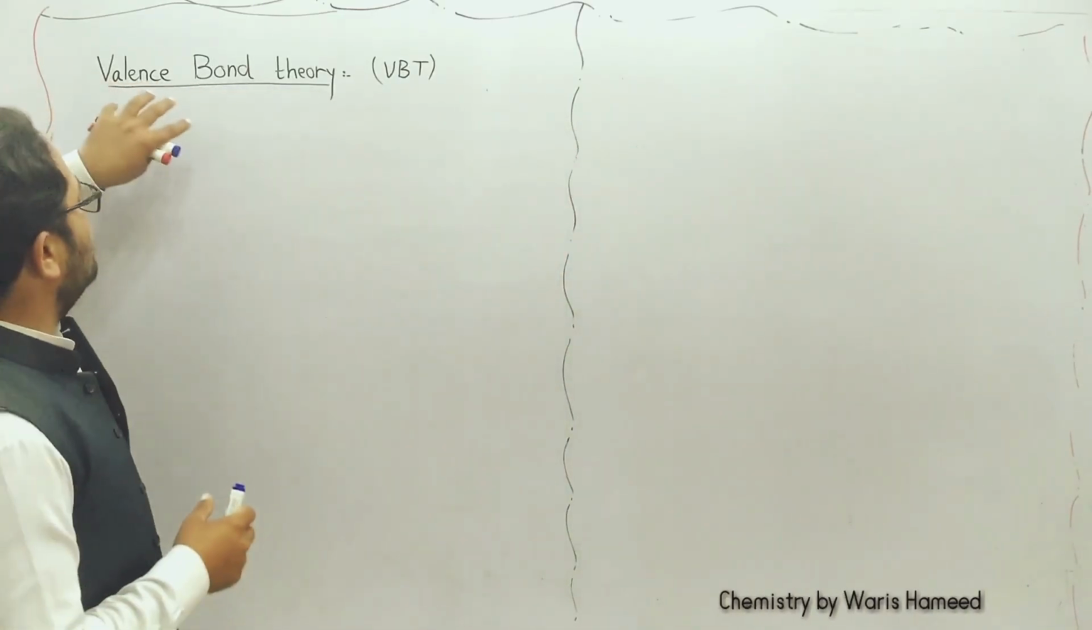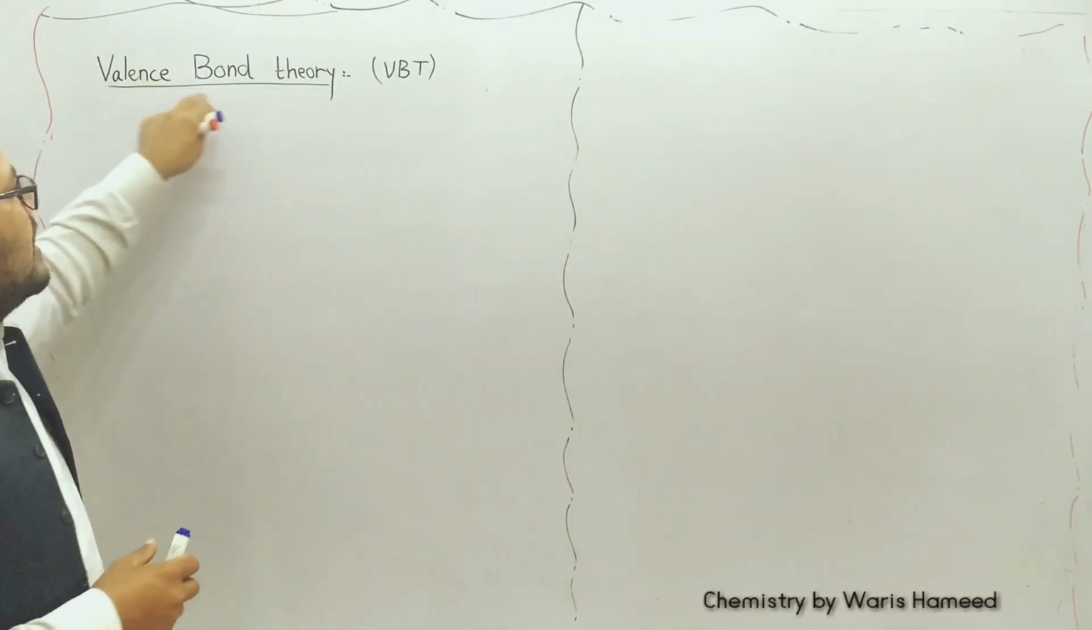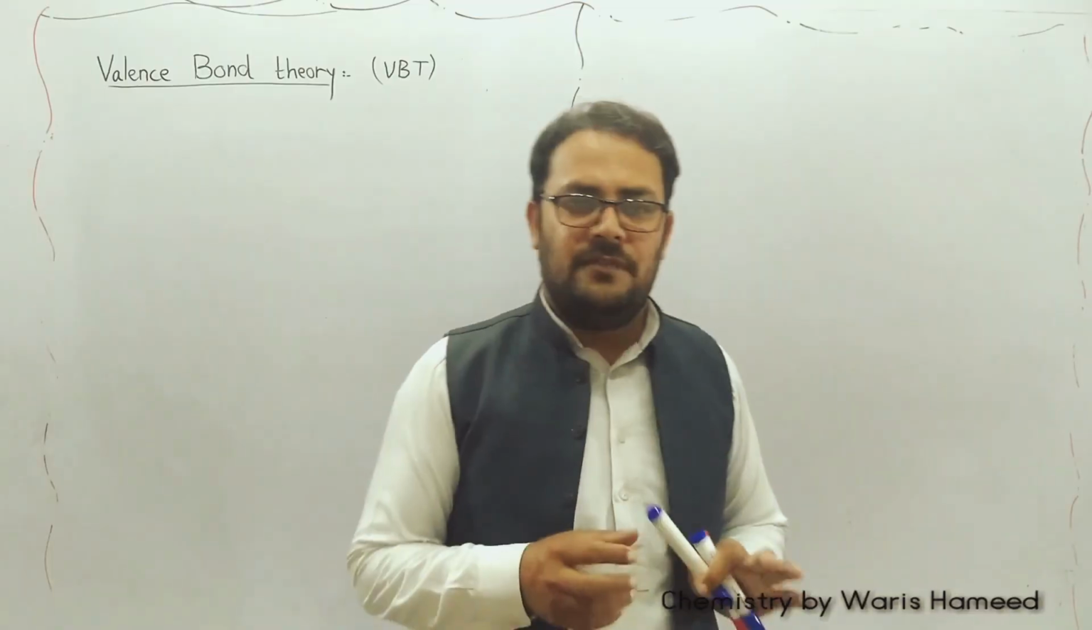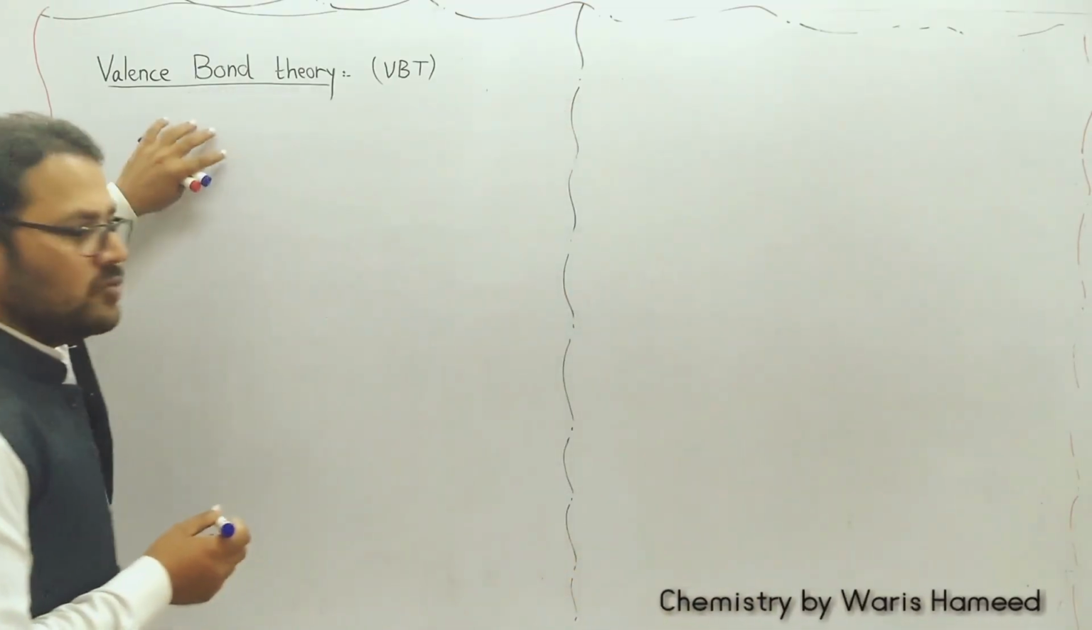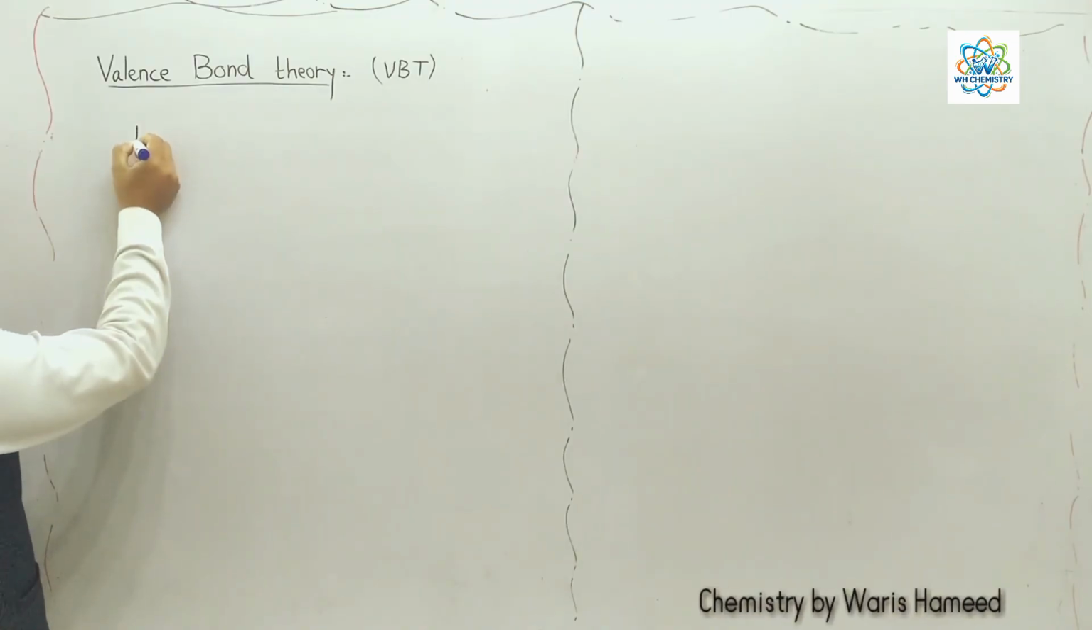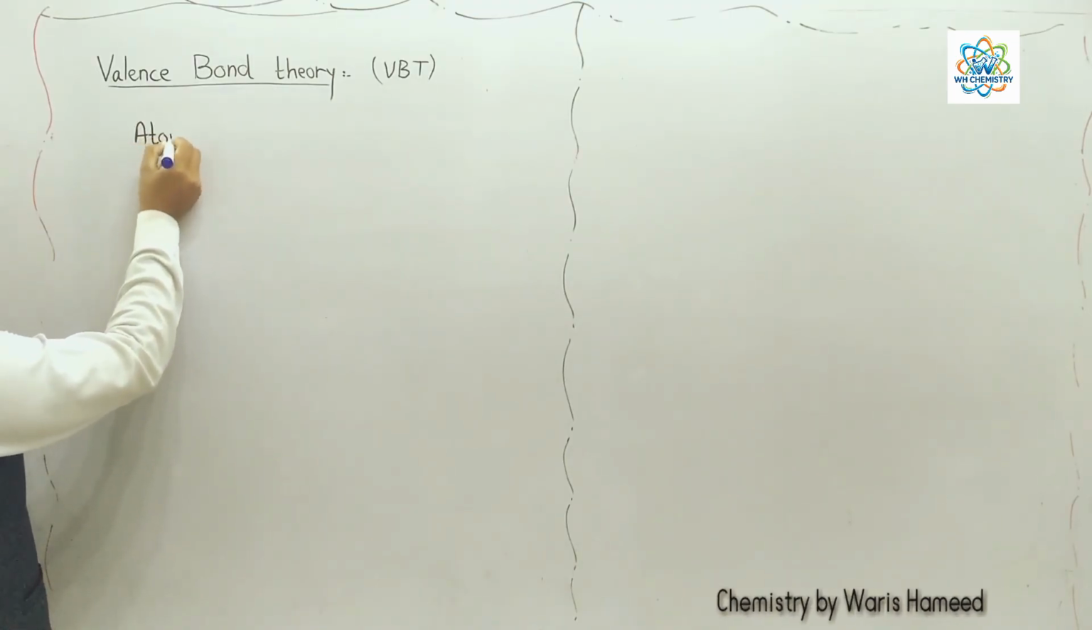In this video lecture, I am going to discuss Valence Bond Theory. Valence Bond Theory is also known as VBT. According to VBT, the atomic orbitals of combining atoms,